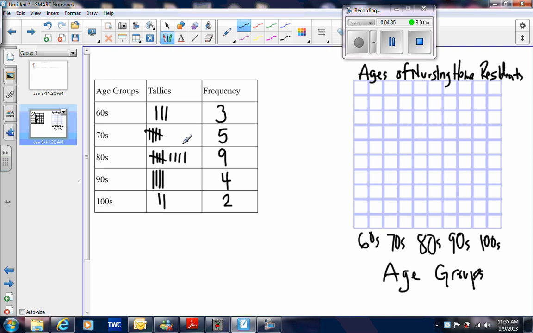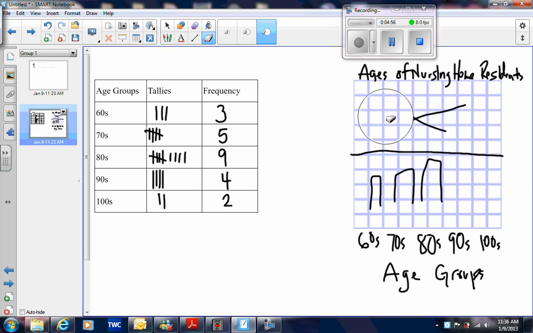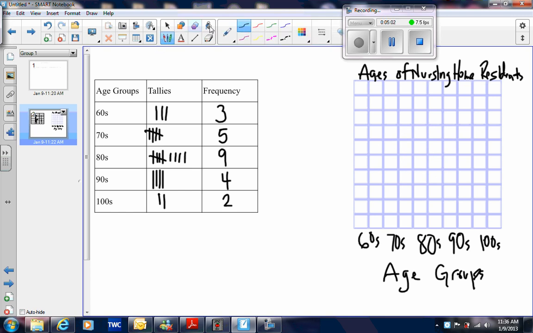All right, now I'd like to go through and talk about how high these are going to get. The very highest one I need to get to is 9. So if I was to count by 2s, I'd get 2, 4, 6, 8, 10. All of my information will be graphed below here. The highest I would get right there, and there would be all this empty space up here. So I don't want to count by 2s this time. Might work just fine for another graph, but this histogram will be best if I was to count